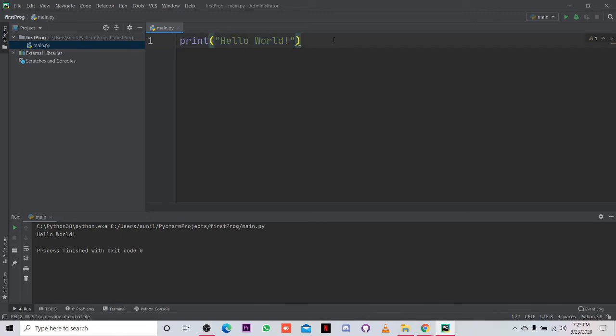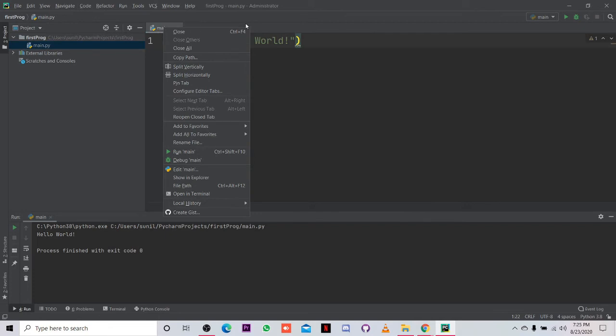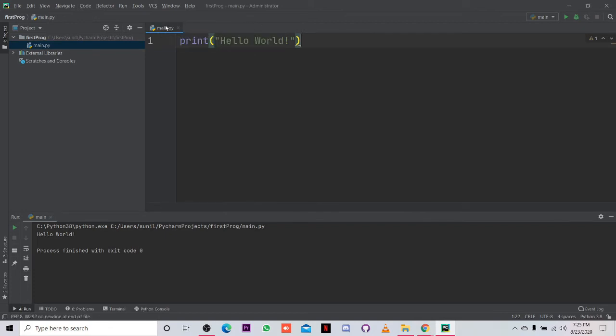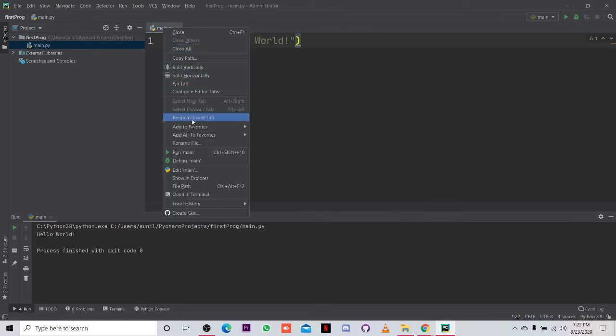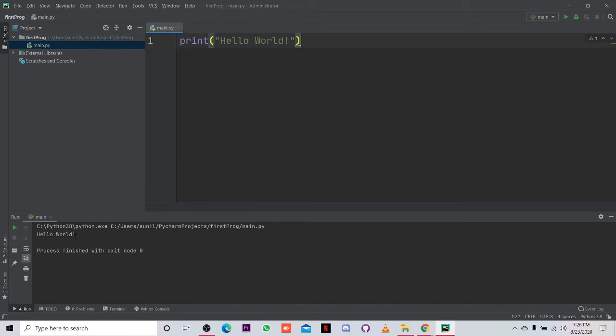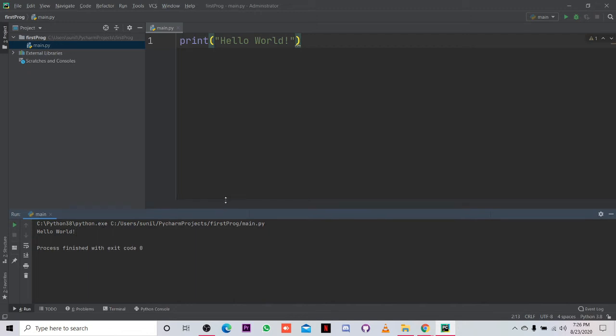Yes, sir. Okay, then right click on it here. Can you see my cursor? Yes. And go to run main, whatever file we have named it. It will come over here, run main. When you click on it, you will see your output over here. It's called hello world. Are you getting it? Yes, sir. Whatever it is showing, it is similar to our terminal.